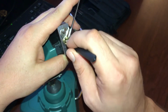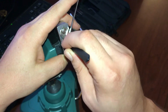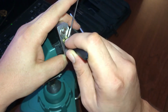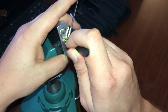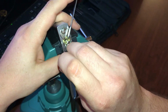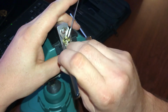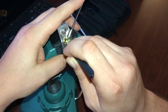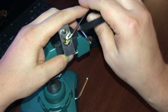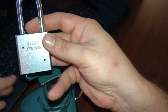Alright, there's our false set. And there we go. American lock, 5200,